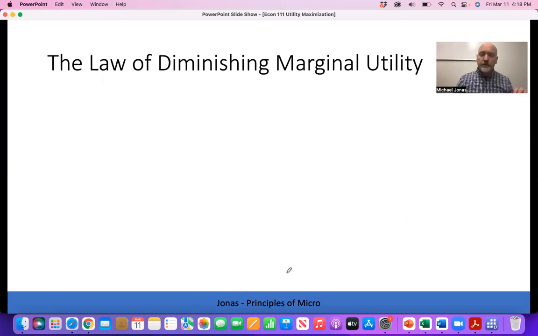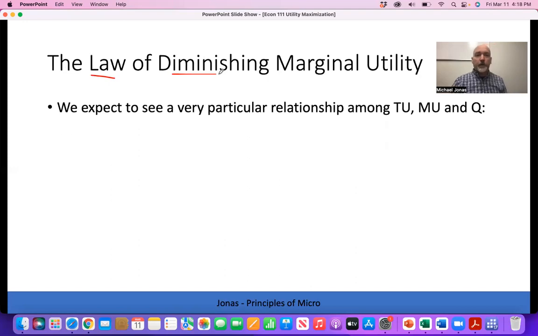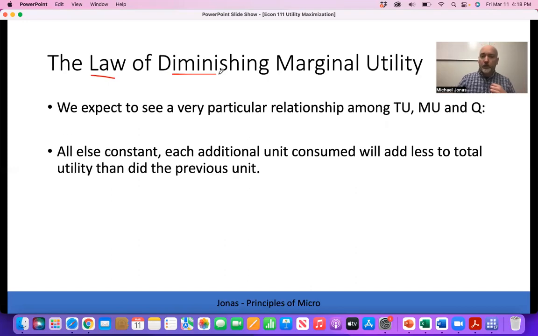So we also have a very particular concept of how total utility and marginal utility relate to consumption. And the expectation is that we're going to be following the law of diminishing marginal utility, that we experience diminishing returns to our happiness as consumption increases. And that's going to look something like this. So, holding everything else constant,